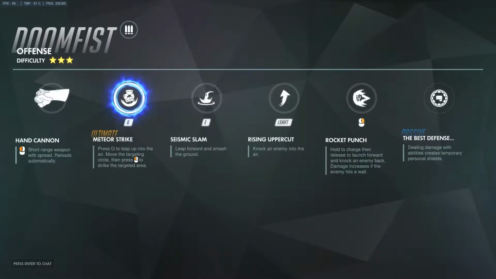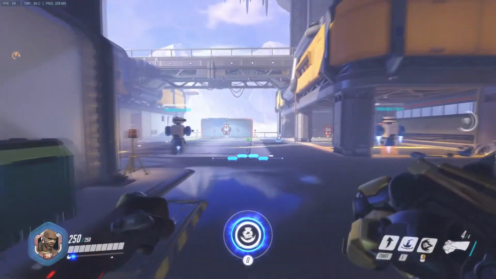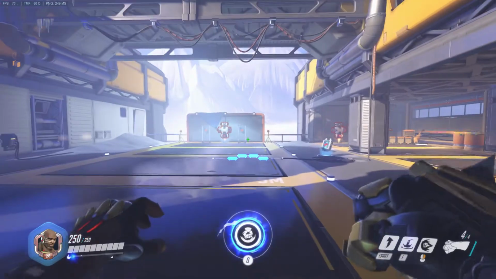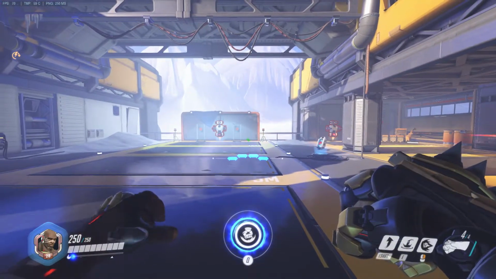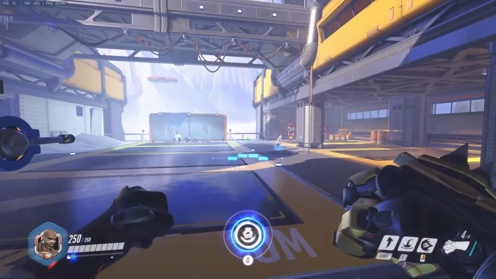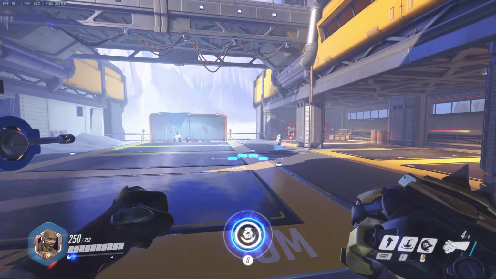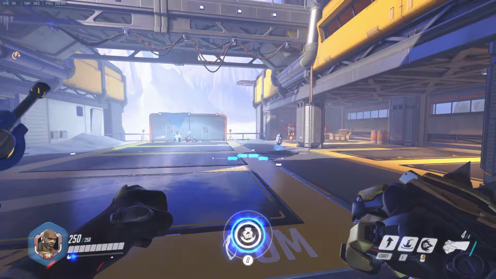You leap forward and smash the ground. This can actually come in quite handy, as Seismic Slam doesn't do too much on its own, but it will make an excellent tool in Doomfist's overall kit. Comboing well with his other abilities, the Slam does 50 damage in a small cone in front of his target area and knocks